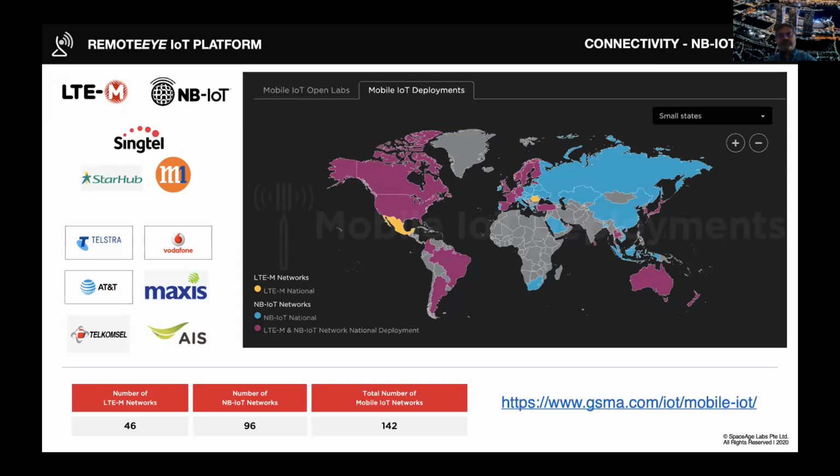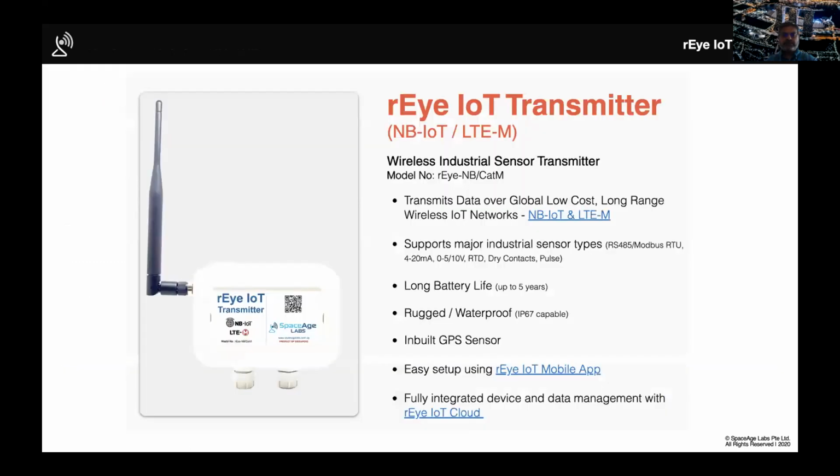They're all starting to roll these out, and these networks are going to be around for a few more years, right? And they're being standardized to be part of the 5G standard as well. So if you are thinking about longevity of your solutions, you want the solution to last for another 20, 25 years. So this becomes important, right? You can go to this website and check out the total coverage in all the countries that are there. But I just wanted to give you an idea that our solutions can work globally.